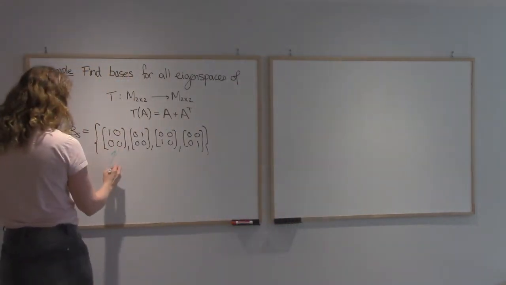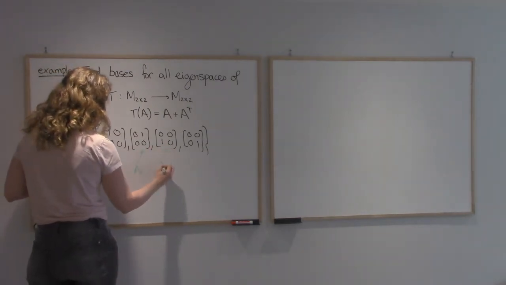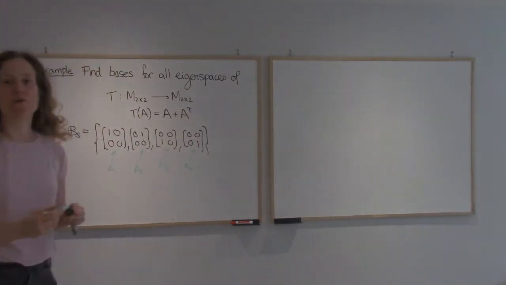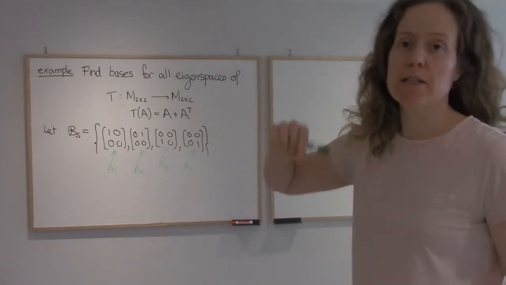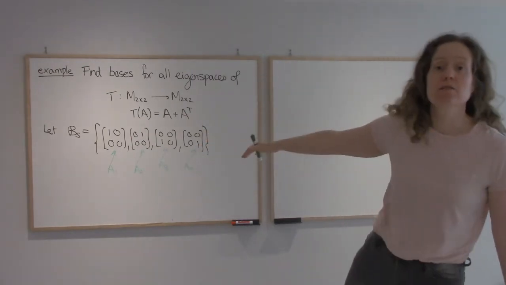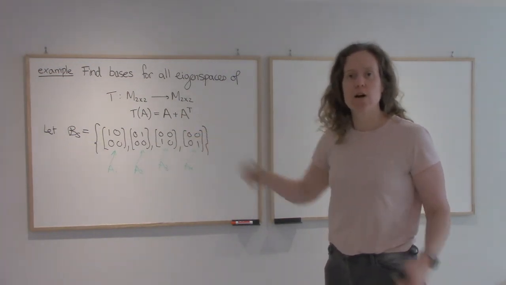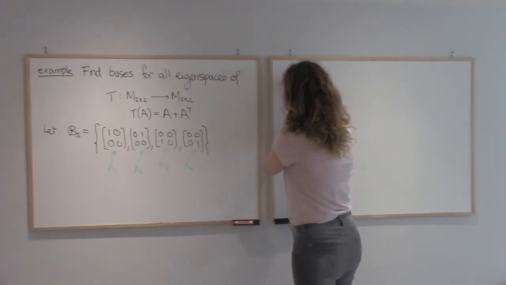Let's call this A1, A2, A3, and A4. To find the matrix of T in this basis, I'll need to find where each of these basis matrices is sent. Then write that as a linear combination of these. So let's start. If I take T of A1,